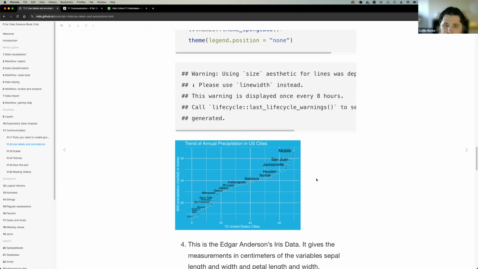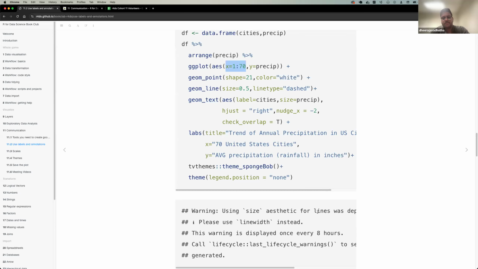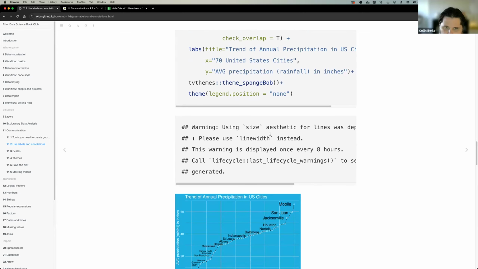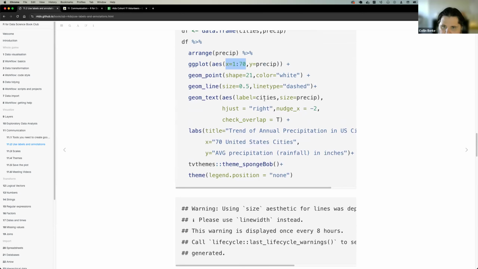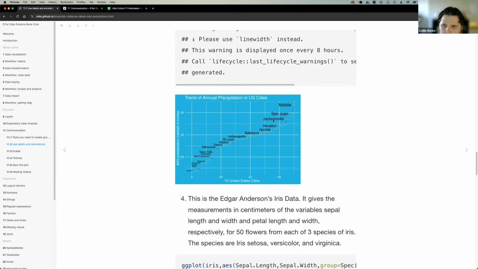Yeah, it certainly looks cool. It's just that when you first look at it, it's kind of confusing, because when I usually think of a line chart, you have some time representation on the X. But it looks cool. How that's achieved, what I think it's really trying to highlight here, is using geom_text, using the city, using precipitation, and using some of these arguments to put the Mobile, San